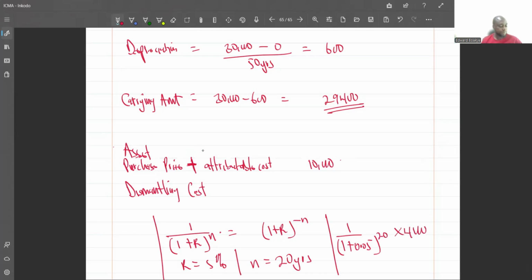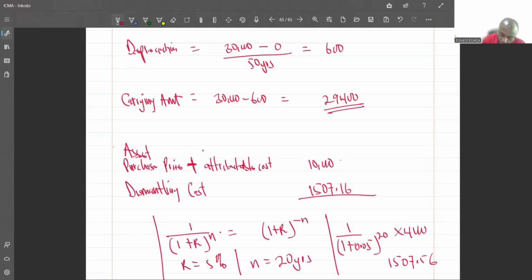And what do we get? 1 divided by 1.05 raised to the power 20 times 4,000. And that is giving me 1507.56. So our dismantling cost is 1507.56. So if we add to the 10,000,